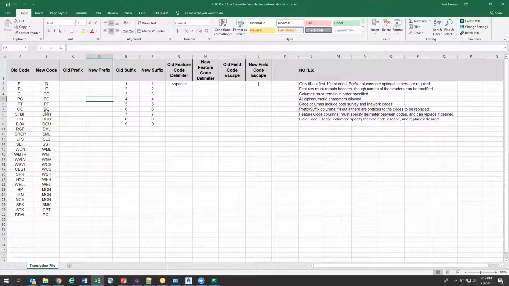So if I open this sample up here, this is like saying, hey, we're in Minnesota, so I'm going to talk about MnDOT, Minnesota Department of Transportation. So I went out and took a survey in the MnDOT codes, but I'm actually working on this project for Hennepin County, which is where the ATG office is, the ATG North office. And my codes are completely different. So instead of saying BL,